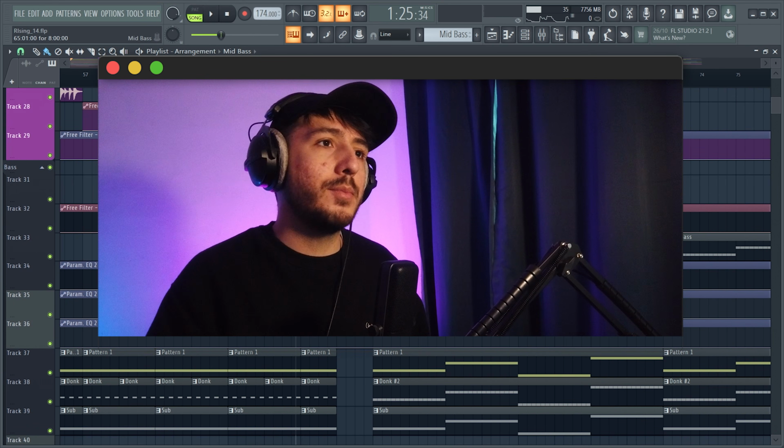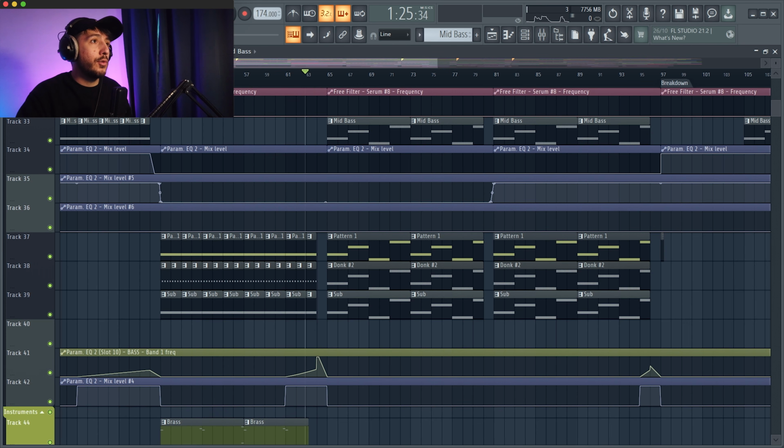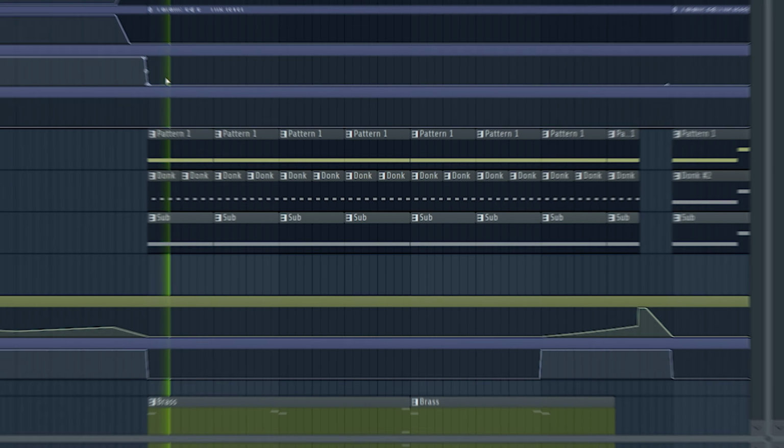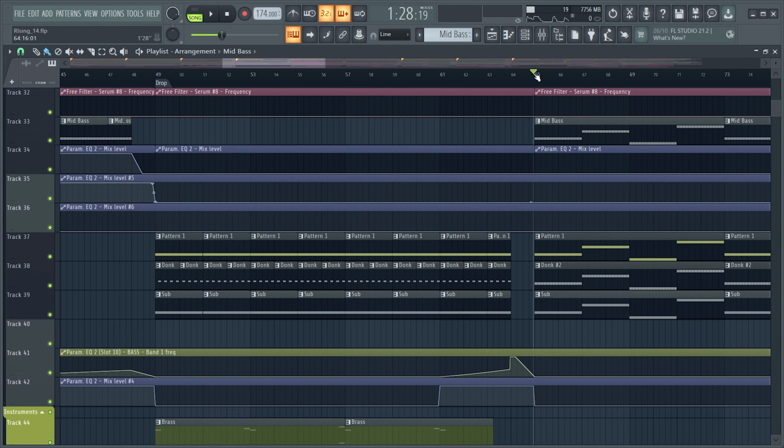Now that we are in the drum and bass part, I want to have an evolution of the track. So in the techno 4 to the floor drop, you can see that the note never changes. It's actually always an F. But when you go in the drum and bass part,